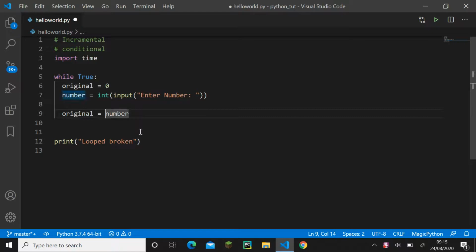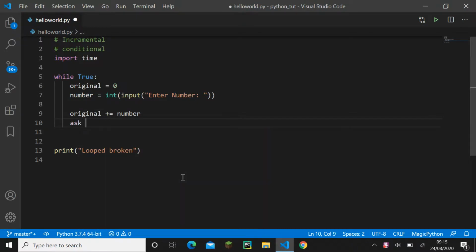If I never explained what plus equals does, it's basically this: original is 0, so 0 will be changed to 0 plus the number, and then that equation will be changed to that equation plus that number. It makes sense if you test it around a bit, but I don't know if I explained that previously. So we do original plus equals number, and then what we can do from here is